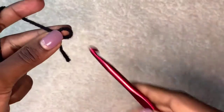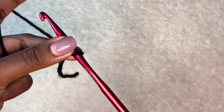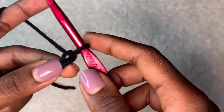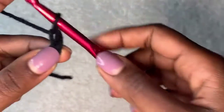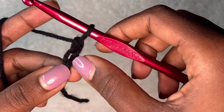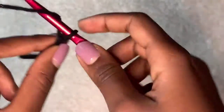So we're going to start on our very first front panel. The way I determine how many chains I need to get the number of V-stitches that I need, I chain 1, and I know this is the stitch that will get the very last double crochet, and then I chain another, and I know that this is the stitch that's going to get the very last V-stitch before the last double crochet. So right now we have 1 stitch that will get the very last V-stitch, then chain